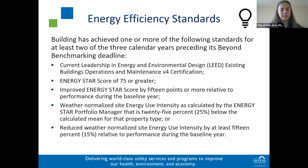All right, so now we're going to spend some more time on the different energy and water efficiency standards that can be met on the performance pathway. To qualify for the performance pathway in energy, the building has achieved 1 or more of the following standards for at least 2 of the 3 calendar years preceding its Beyond Benchmarking deadline. The first: holds a current Leadership in Energy and Environmental Design,